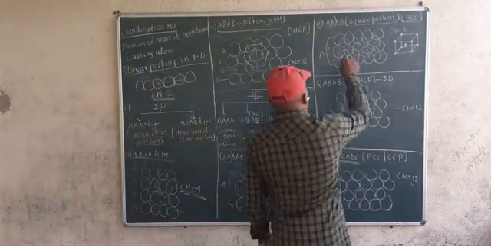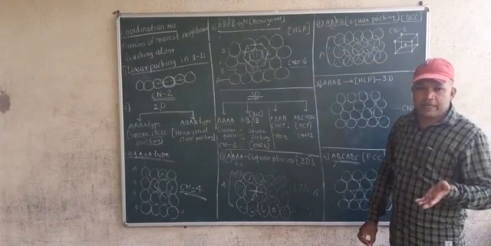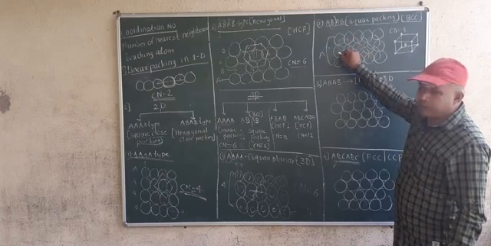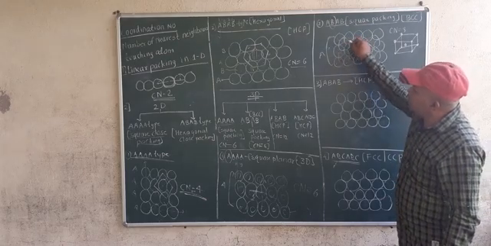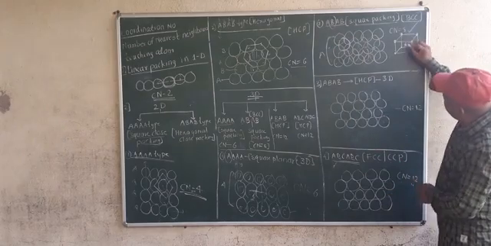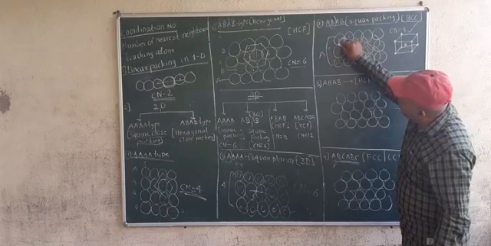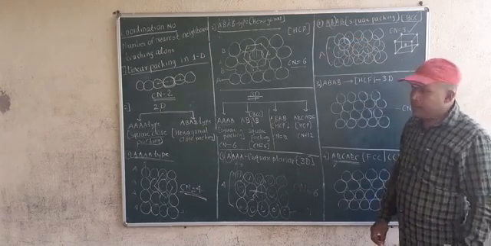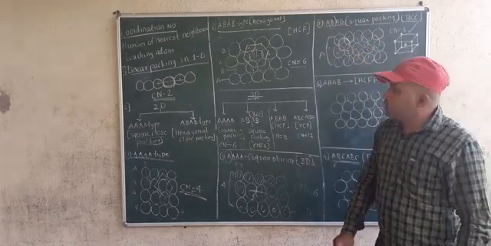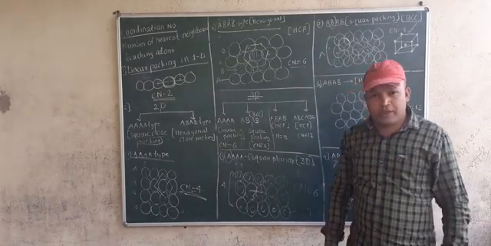So here also the first layer is A, and the second layer is B. So I cannot put it exactly on the first layer, so I will put it in this gap. Then again A. So 1, 2, 3, 4, these 4 circles, 1 circle in the center, and again we get 4 circles. Then again we repeat A, so again we get 4 circles. So it is BCC. This AB type square packing is BCC. Okay, students, did you understand this?